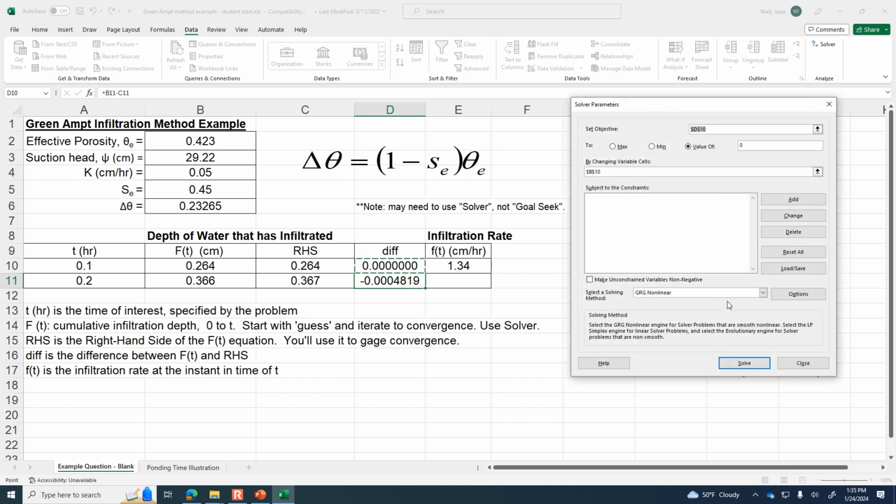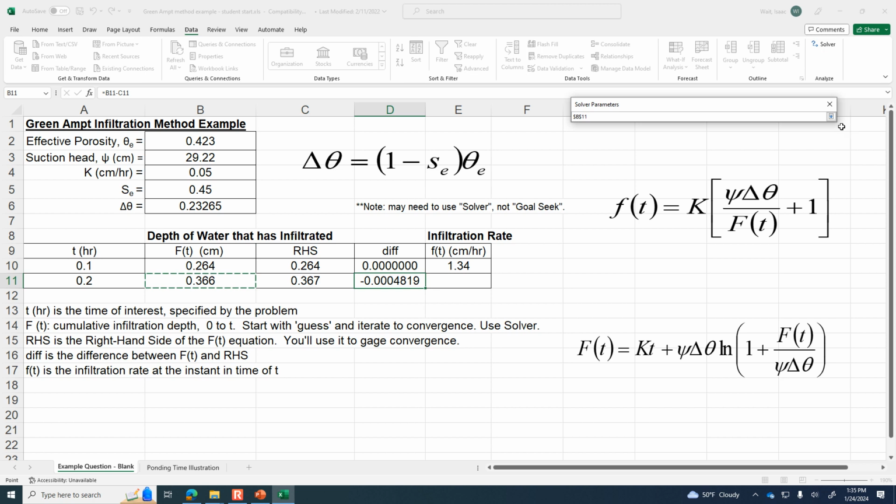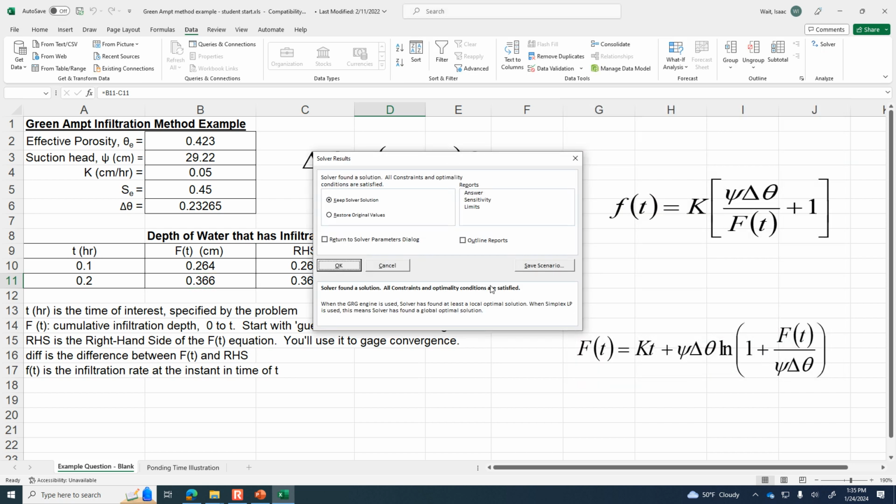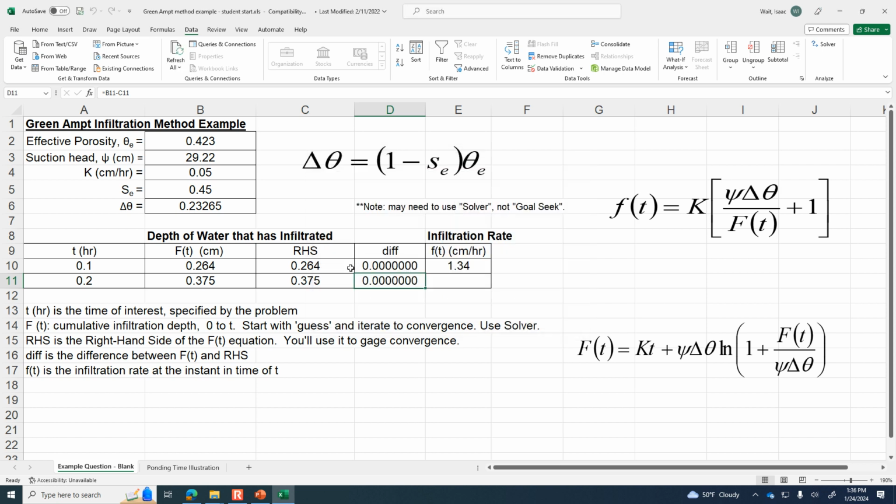It's probably good enough. Our objective is for the difference to be 0 by changing the guess. It solves, it says 0.375. So that's right. Before it was saying 0.367. So this is the cumulative infiltration depth after 12 minutes. So think about how much water penetrated during the first 6 minutes and then compare it to the next 6 minutes. You can tell that the infiltration rate is going down because in the first 6 minutes it was 0.264